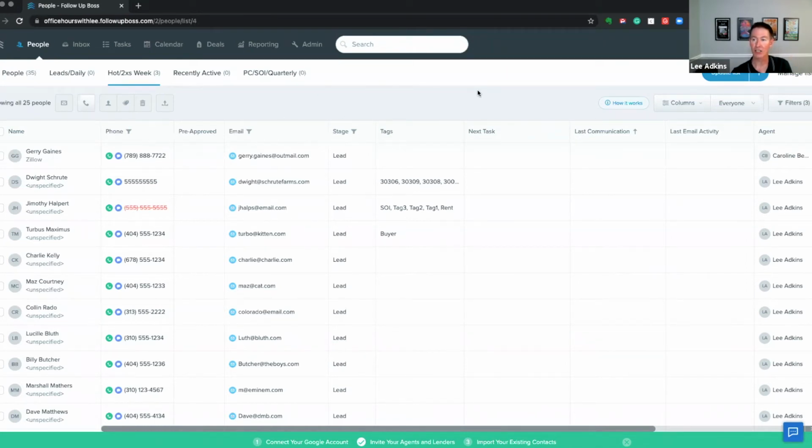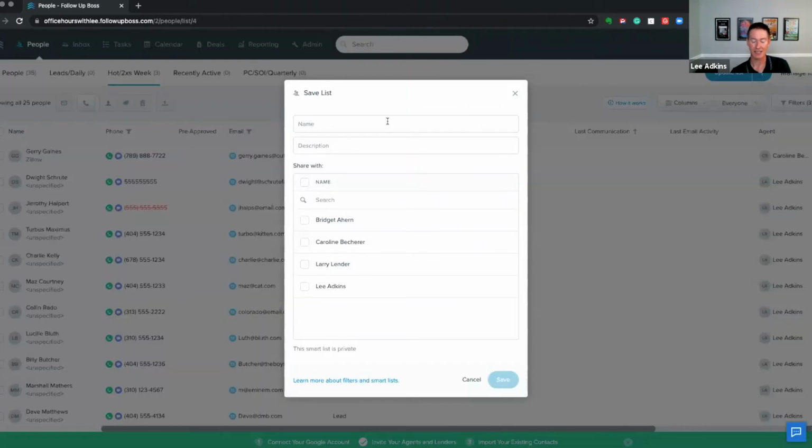And essentially all a smart list is, is saving any number of criteria that you've used to filter down here. So if this is something I want to save as a prospecting smart list, I can just come here, make sure you don't hit update because that's going to update the one you're in. Make sure you hit the plus and you can save this. I'll just go ahead and do it.